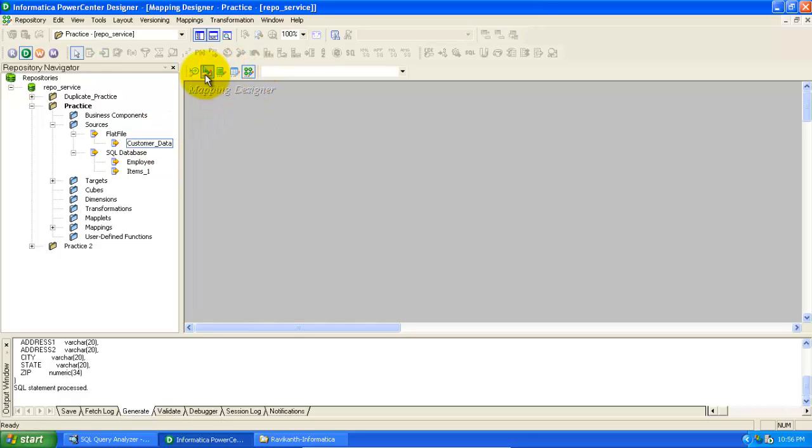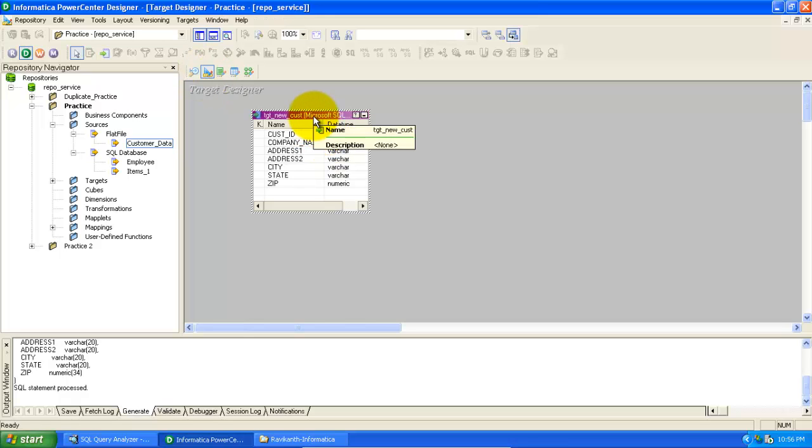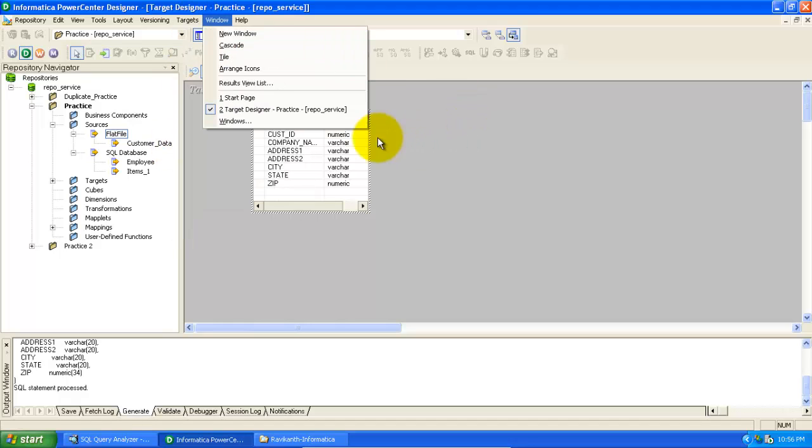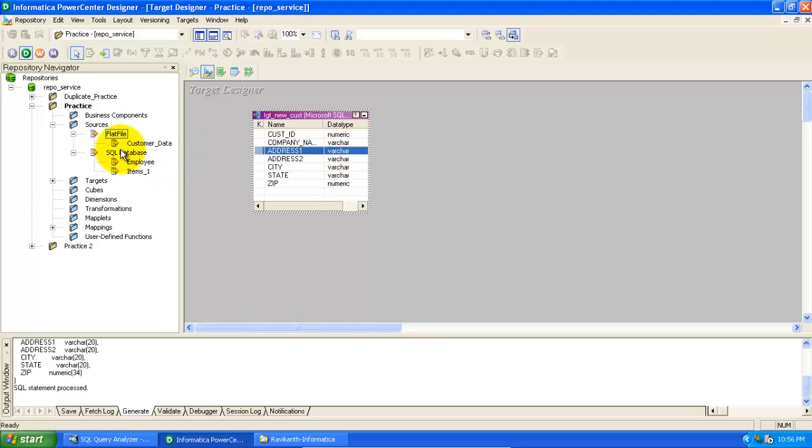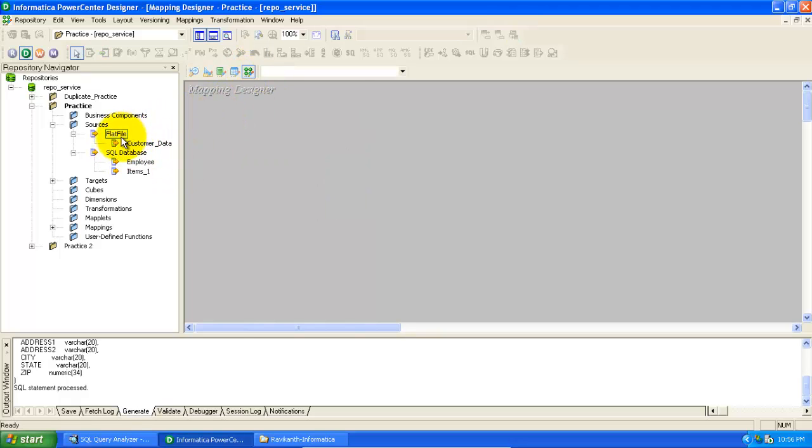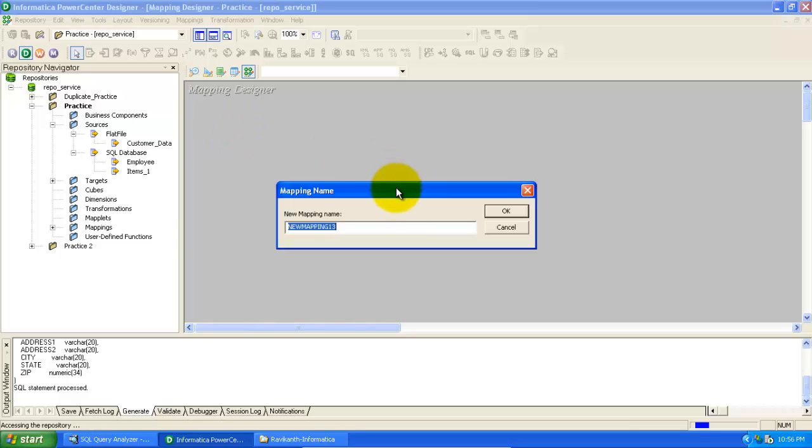Before that, in target definition we have imported this. Now go to mappings. We need the source definition here.